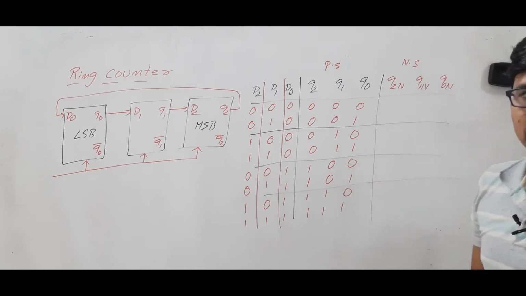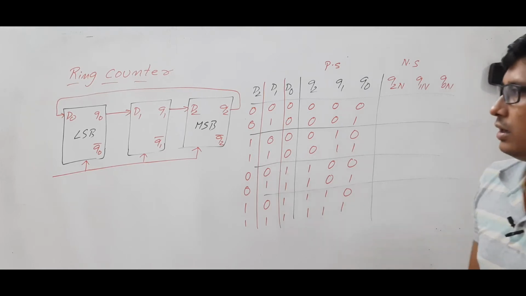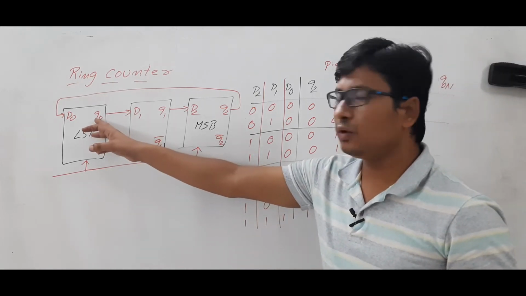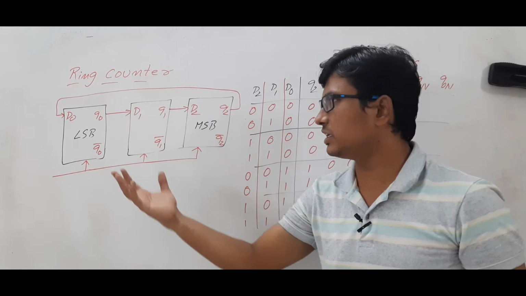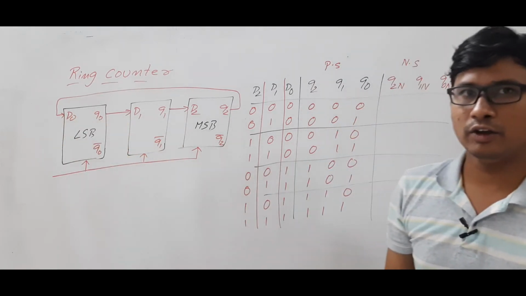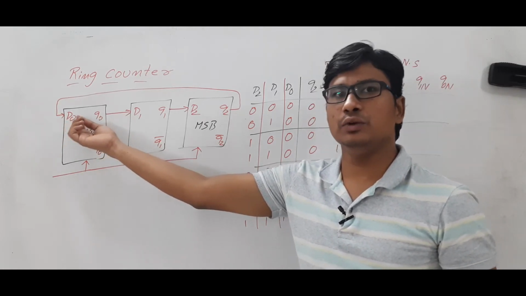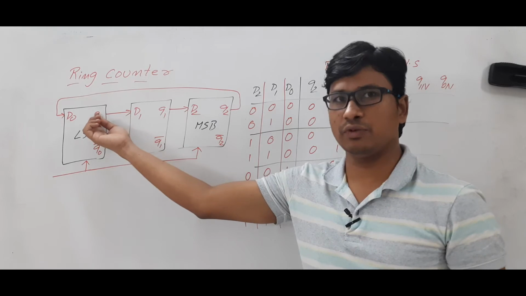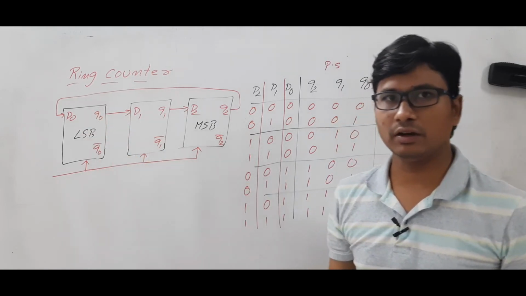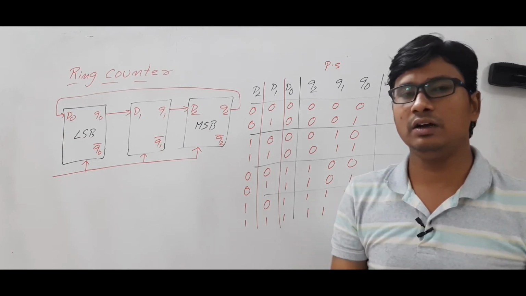Now we will find out Q2N, Q1N and Q0N. Now if you look at it, Q0N means the next state. The next state of this flip-flop will depend on D0. As it is a D flip-flop, whatever the D value, you will get the next value of Q0. Am I right or wrong? Already in the last video I have discussed. Is it clear with the truth table?